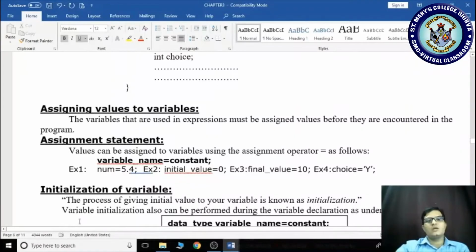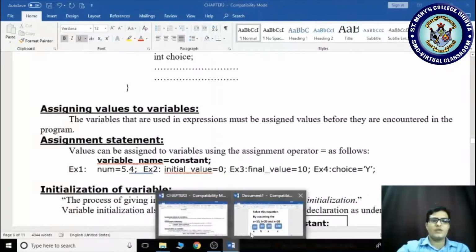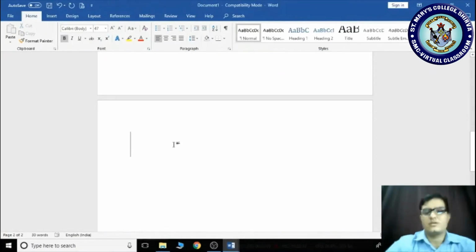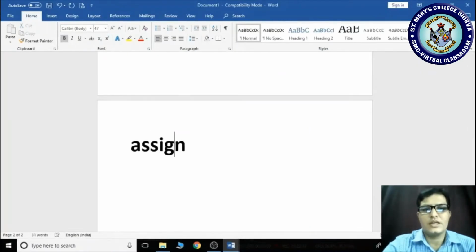If you are setting a value to a variable after the variable declaration, it is called assignment. Assigning a value to a variable.